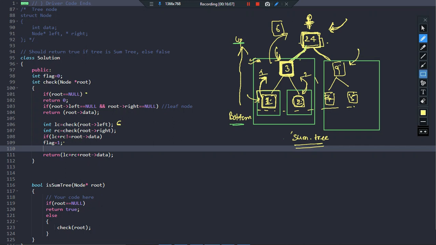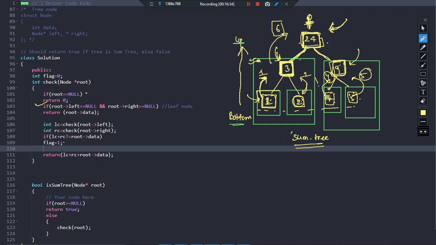So again this will do a recursive call on the left subtree, and now you know that this is a leaf node, so this will return what? 4 as per our code. And now again you are back on this root node 9, and you have received a value from the left subtree. So what will you do? You will do a recursive call on the right subtree. So right subtree is what? 5, which is nothing but a leaf node, so this will also return 5. Now you have received LC, you have received RC, right?